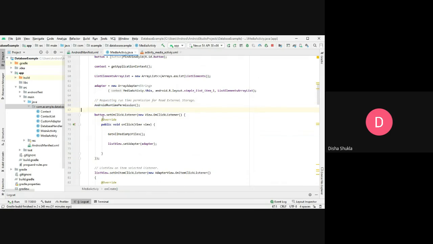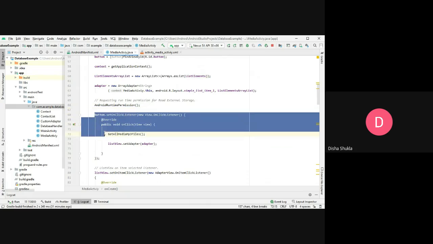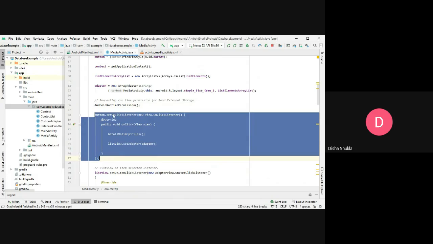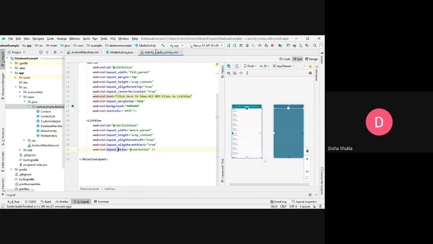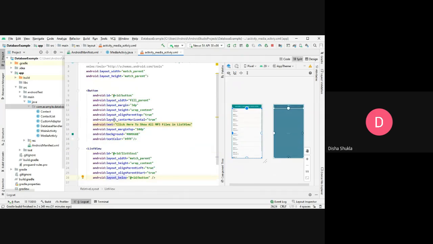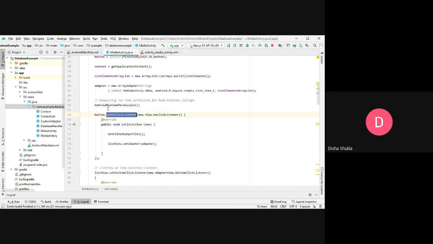After that, moving on to this portion, this method was called. After that, I have created the on click listener of this particular button. So button dot set on click listener. Whenever this button is clicked, the button that I placed inside this XML file, this first button, when I click on that button, the button will get activated and it will start executing the